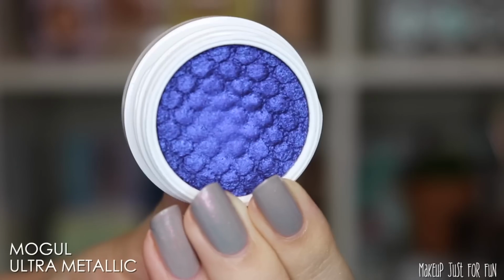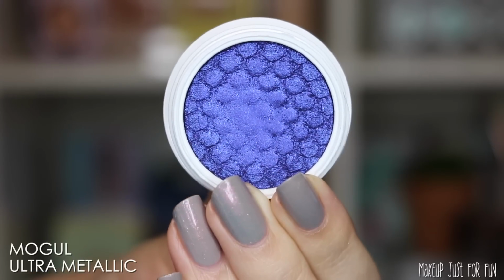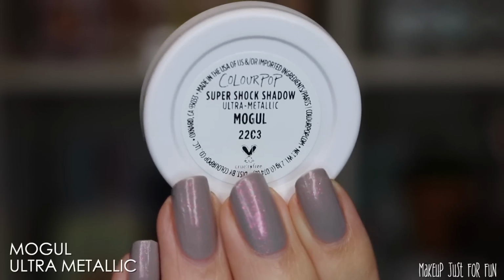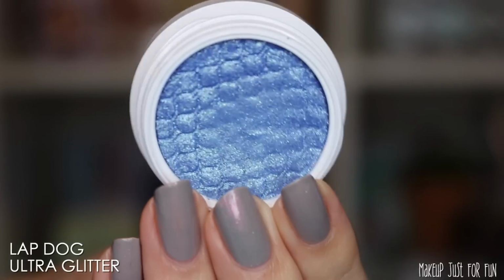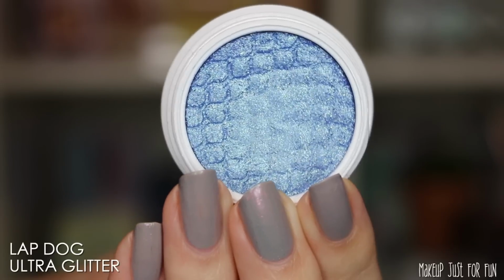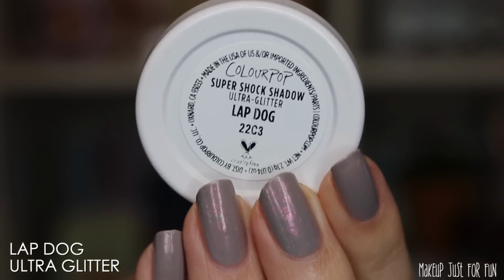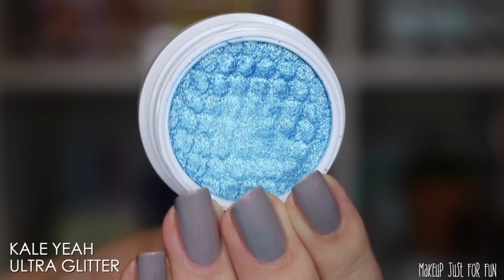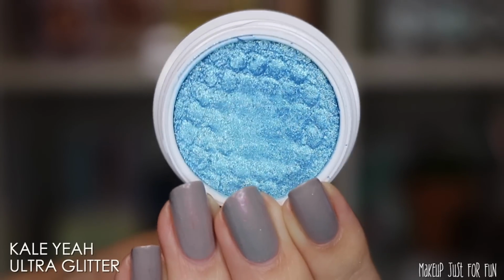Now we also have a bunch of single shadows that are being released outside of the vault and the birthday Super Shock. So we have 12 all new, completely brand new colors, new shades here. All of these, again, are going to be either the ultra metallic or ultra glitter finishes. The majority of these 12 new shades are more colorful. We do have a couple of comfort zone, little golden type of colors, but for the most part, we're getting a lot of blues, a lot of greens, a lot of bright colors,